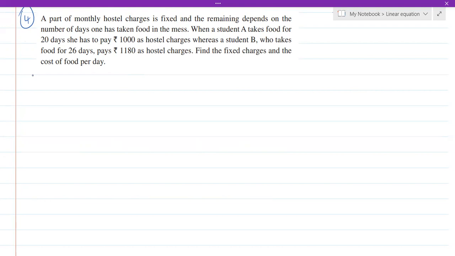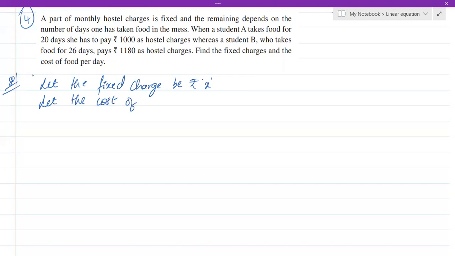Okay. Now, again here we have to find the fixed charge and the cost of food per day. Let the fixed charge be rupees X. This is a fixed amount that they have to pay, and for the number of days they stay, they have to pay the food amount. So let the cost of food per day